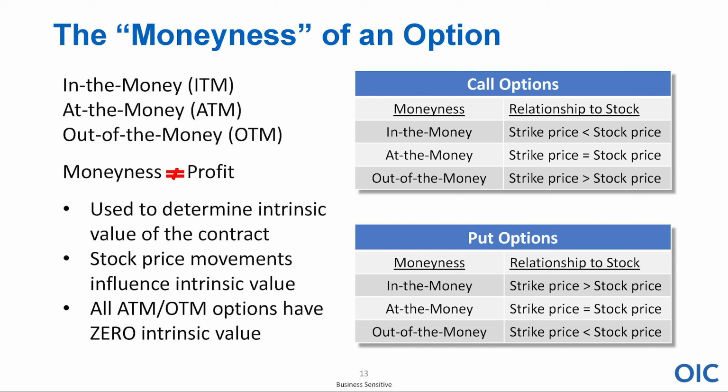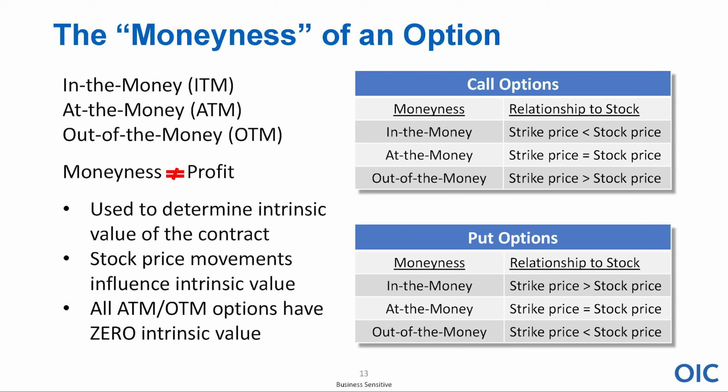Now, put options, it's kind of the mirror image, but it's kind of an upside-down mirror image, if you're watching my hands, okay? The in-the-money option is where the stock price is below the strike price. So with the put, for example, if the stock is at 79 and I'm looking at perhaps buying the 85 strike price put, hey, you know what? That's the right to sell the stock at 85, the stock's at 79, that option is $6 in the money, isn't it? Okay.